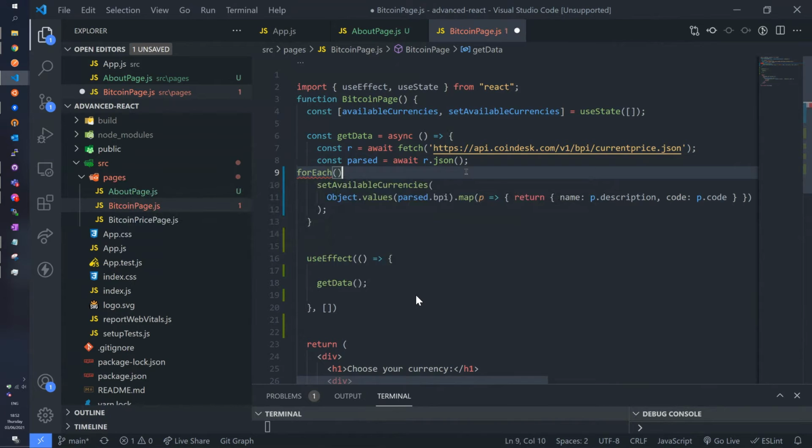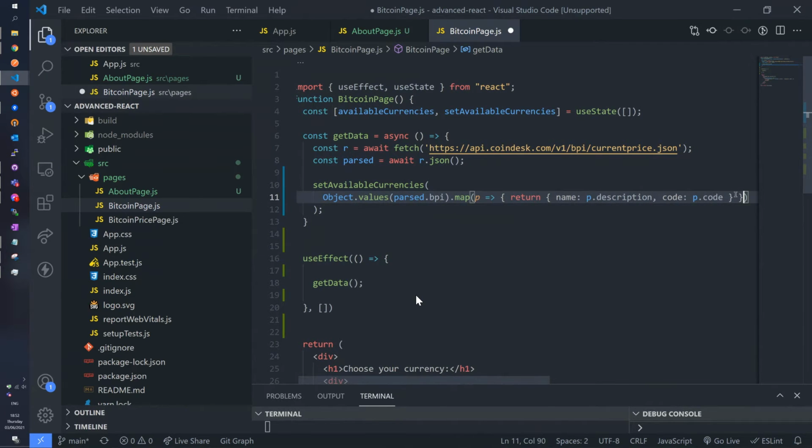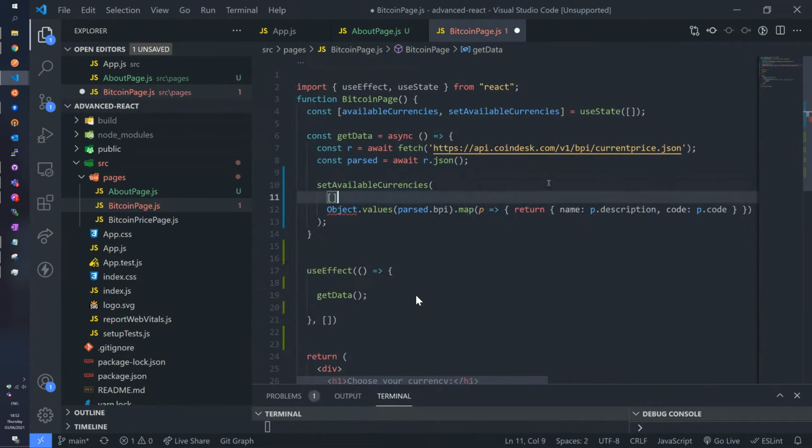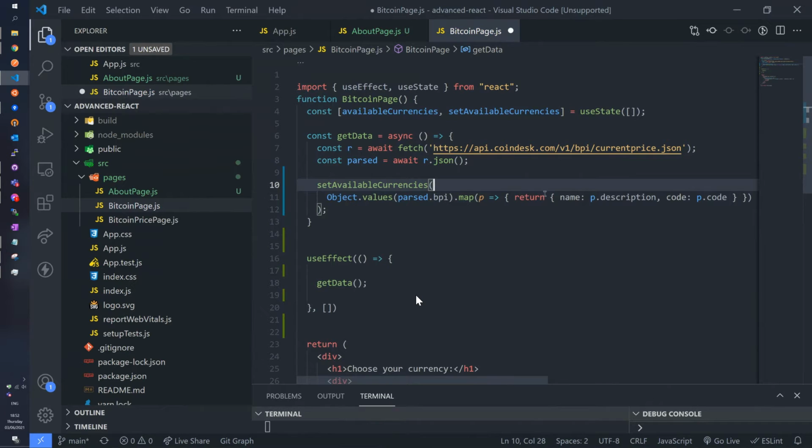But if I do forEach, I simply run a function for each of the elements. Dot map means that all of this together will return an array, and each of the objects inside that array is going to be the result of what this function returns, right?